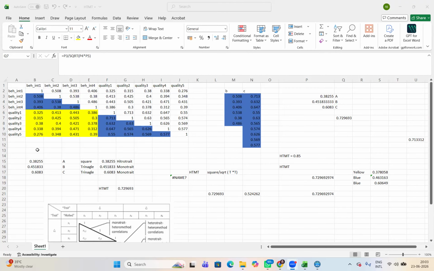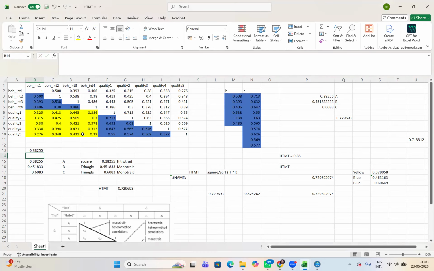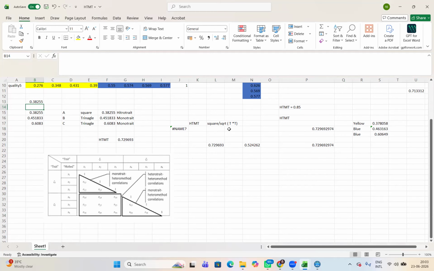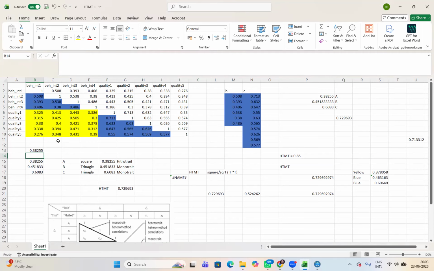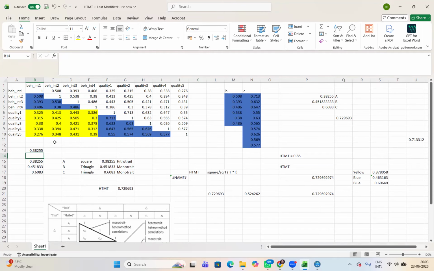So basically, if I take the average of the square, the average of this yellow part, it becomes 0.38. If I take the average of this, it becomes 0.60 or 0.53 for this. And by applying this formula, you can calculate the HTMT manually. I have shared this with you. You can do this practice, but the value should be less than 0.85. So Tapan, is this clear to you, or should I calculate all these things manually? Yes, sir.